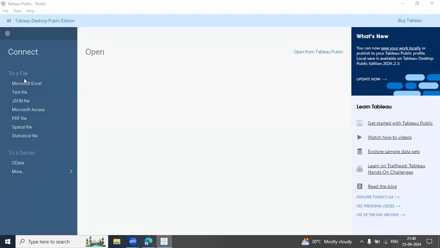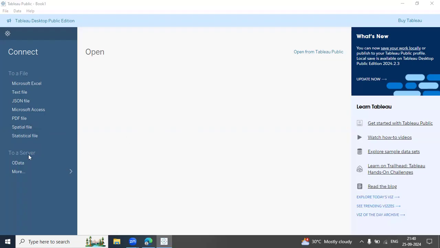Statistical files can also be used for data visualization. So for that you can easily just connect that, and open it here, the data will open accordingly, and then you can make changes or visualize the data the way you want.